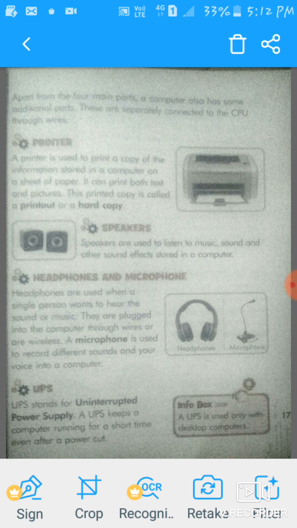A computer has four main parts, that is monitor, CPU, keyboard and mouse. All these parts are connected by wires. Let us learn about these parts one by one. First is the monitor.